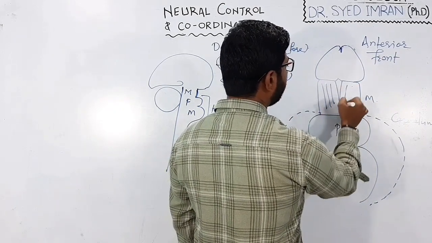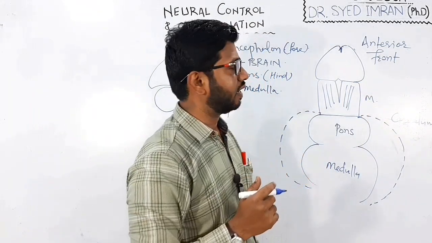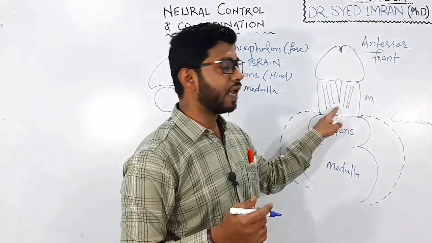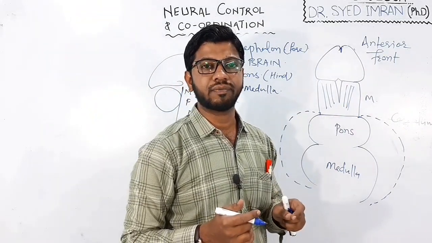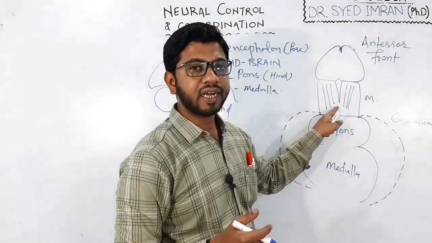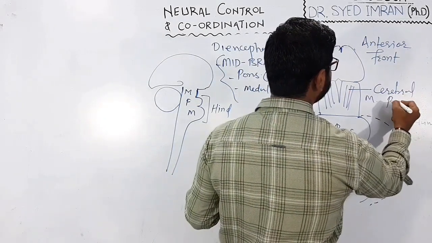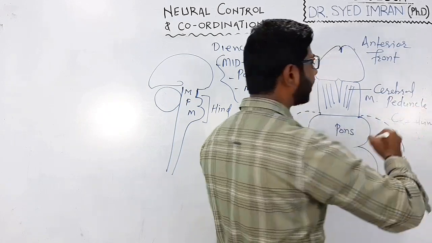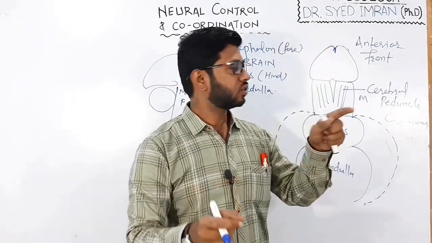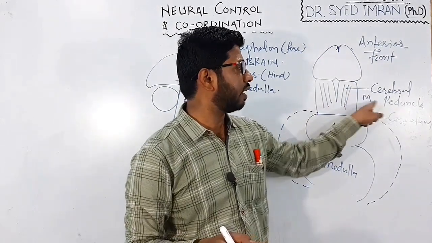the midbrain consists of many longitudinal bands of nerve fiber. I am revising once again. When we are observing from the anterior or from the front, the midbrain consists of many bands of nerve fiber. These bands of nerve fiber are known as the cerebral peduncle. Peduncle means an erect line, an axis on which something is situated. So these are the erect lines on which the cerebrum is situated, therefore it is called the cerebral peduncle.